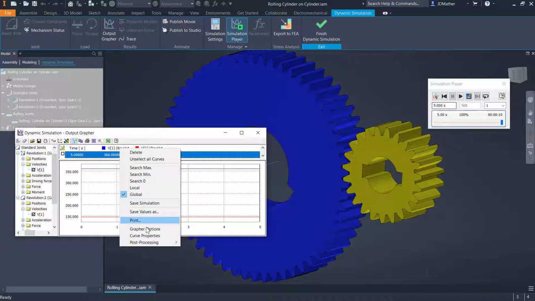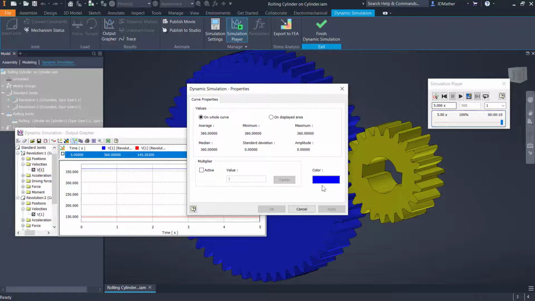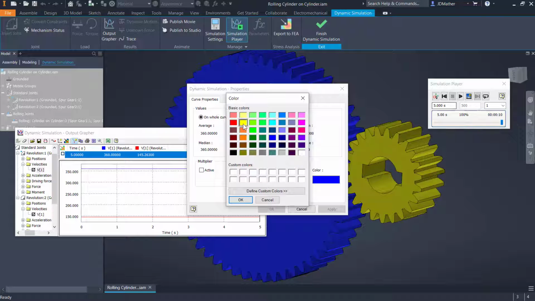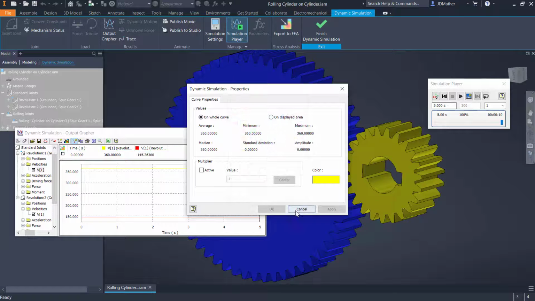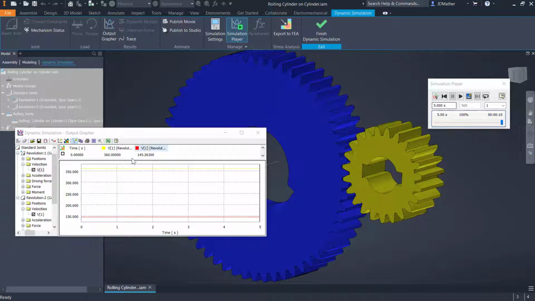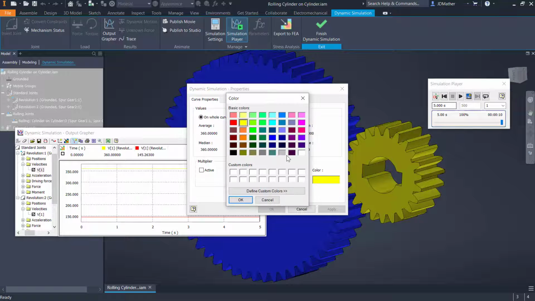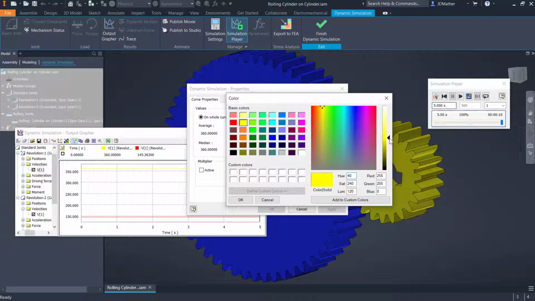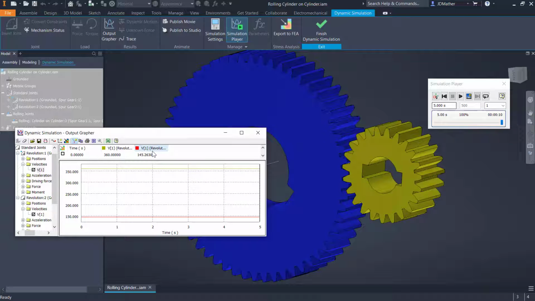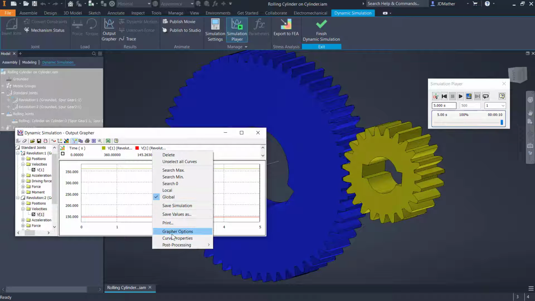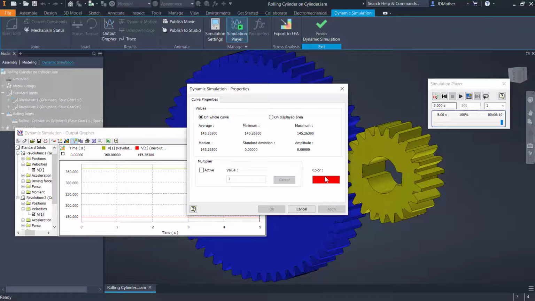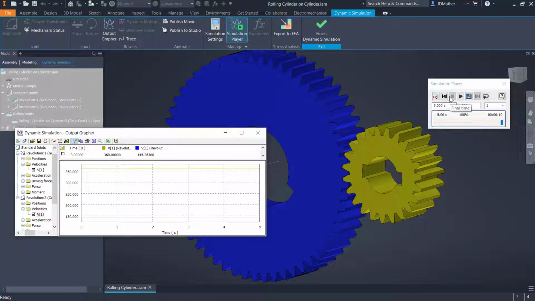I'm going to go to the curve properties of this gear, and this is actually the smaller yellow gear. I'm going to change that to yellow, and then I'll change the curve properties of this one. Yellow might be difficult to see, so let me go back and see if I can find something easier to see. Maybe a shade of yellow about like that. Then I'll go to the curve property of this one and change it to blue. Okay, so now when I play this again,